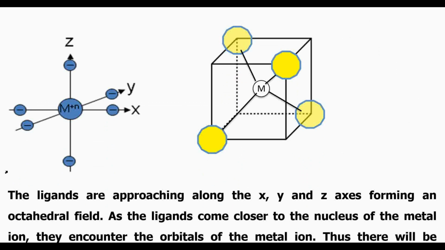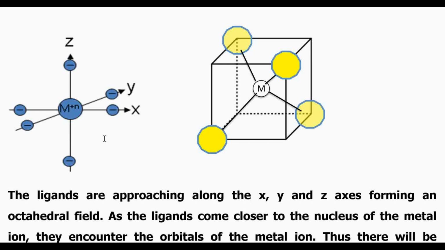Let us see. We will first take a look at the figure on the left hand side. You have a Cartesian coordinate system x, y, z axis. Then you have a center 0 0 0. On the center you have put the metal ion M plus n. And now you have point charges, called so in the crystal field theory, or otherwise you can call them uninegative monodentate ligands. Monodentate ligands with minus 1 charge. They are slowly approaching, they are coming near to the metal ion.